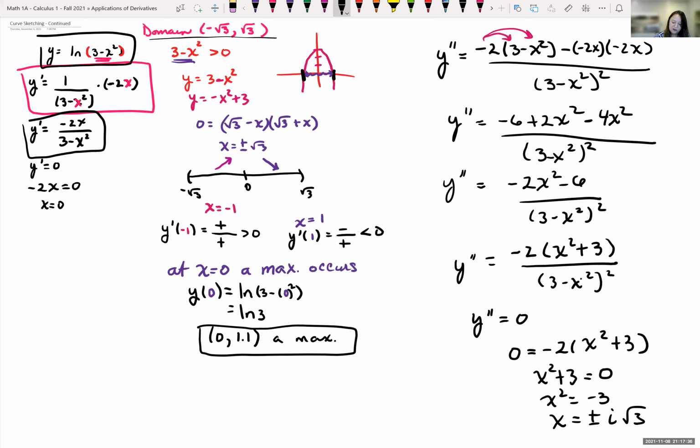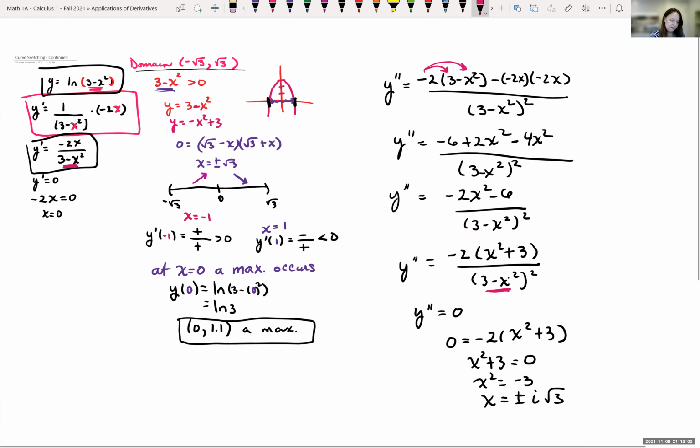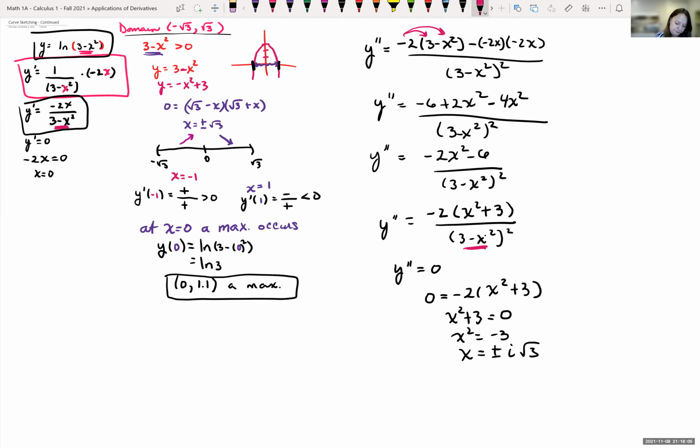Okay, so that's not real. So there's no real number that sets this double derivative equal to 0. And the values where it's undefined, well, those were the same thing as the problem we had in our first derivative. Those were values that were not in our domain. So this tells me then that my function is either going to be all concave up or all concave down. And so we just need to choose a value in between our domain,